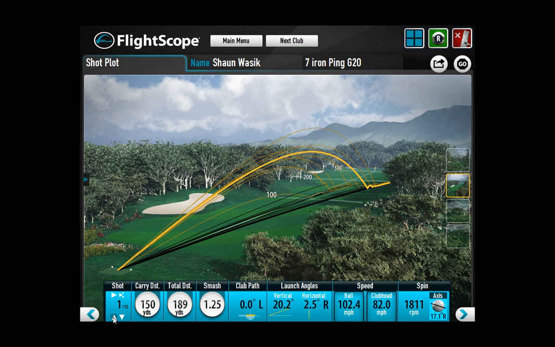There you go. So that club path was 0. Absolutely superb. 189 yards. He's in a 7-iron. So that is crazy distance. Okay, the machine's set on hard distance as well, so when it's landing, it's rolling out a little bit. But 150 yard carry is excellent, absolutely superb, and it's all to do with that club path number. So